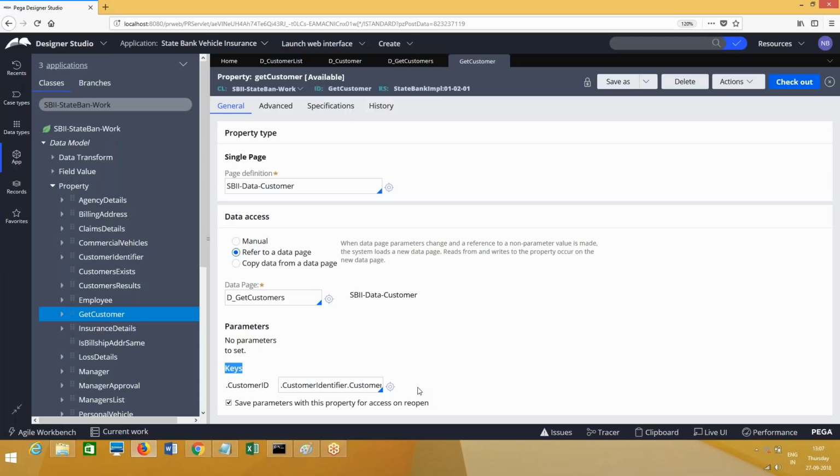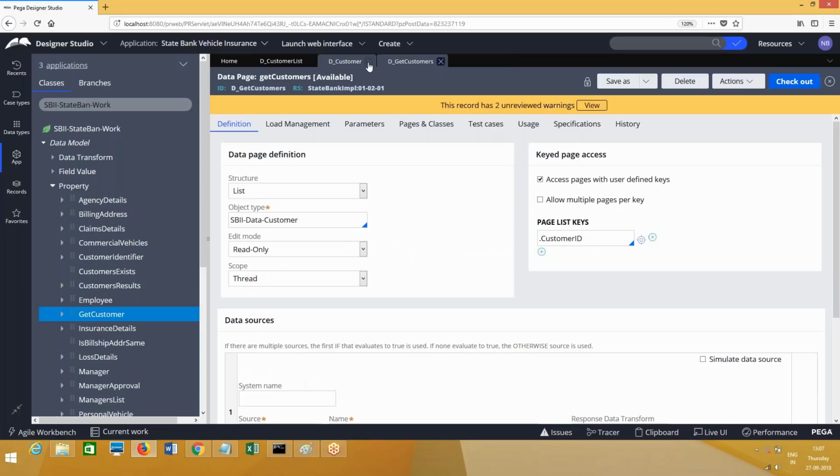So whenever there is a data page of type list with keyed access pages defined with some specific keys, the key values can only be passed when the data page is being referred from a page property. The reason being, for a data page with keys, when we pass the keys, the resultant data will be page data. Because of that, the data page must be called from a page property whenever we are trying to pass the keys defined with the keyed access pages of a data page of type list.